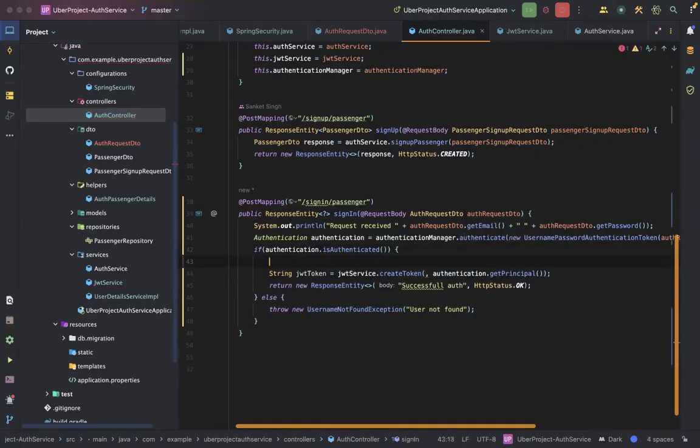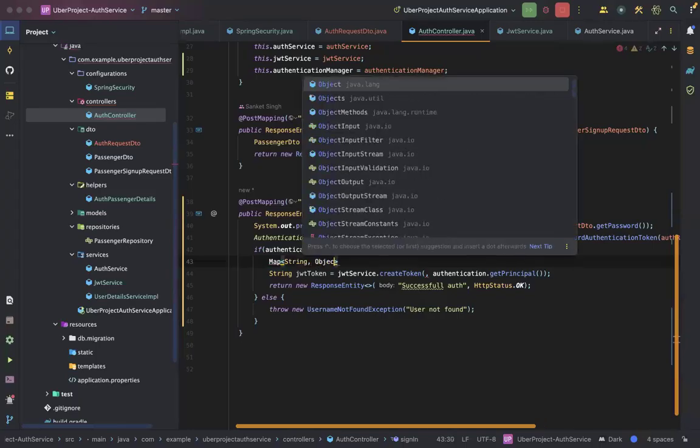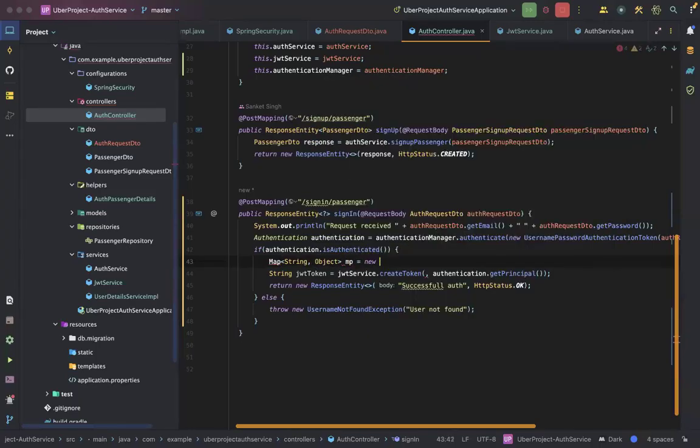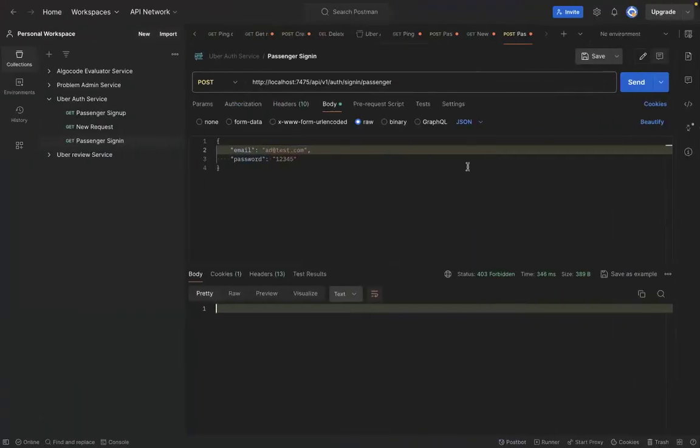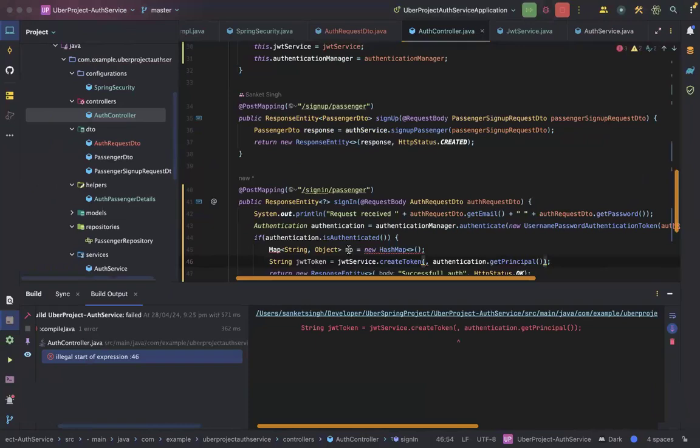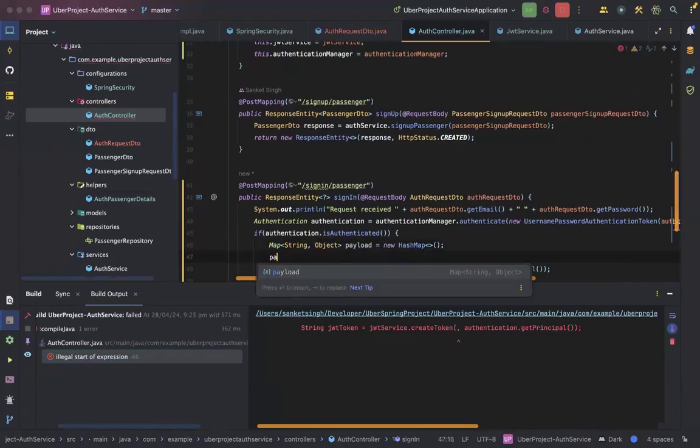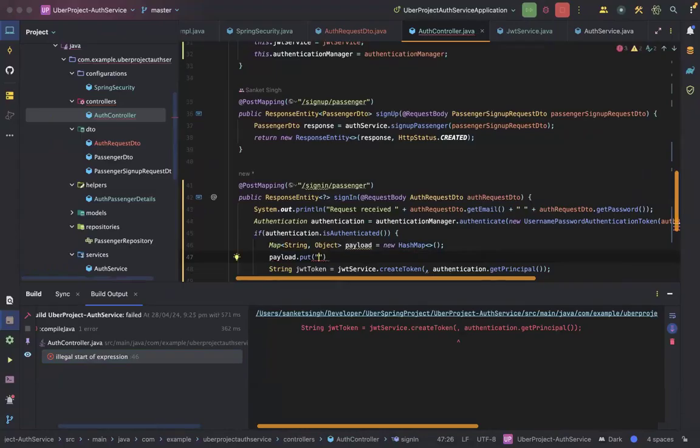So let's do that. Let's say a map of string comma object MP is equal to new hash map. Let's not name it MP. Instead, let's name it payload. Okay. This should be a map. And inside this payload, I'll say payload dot put. Let's put it as, for example,